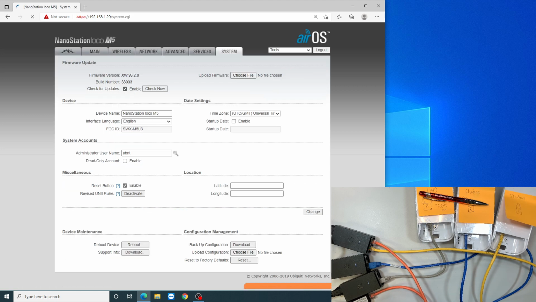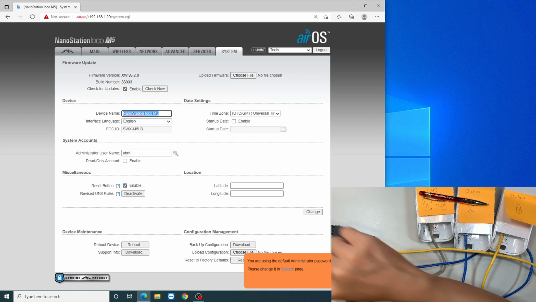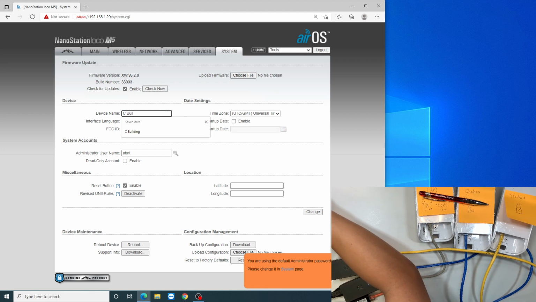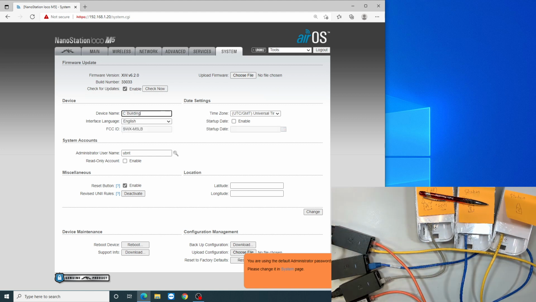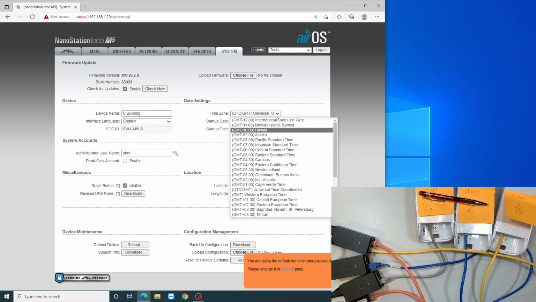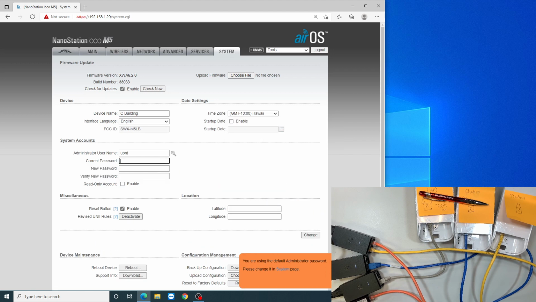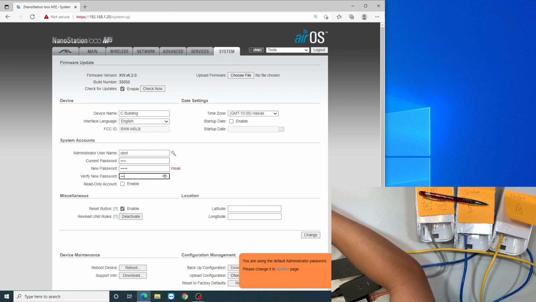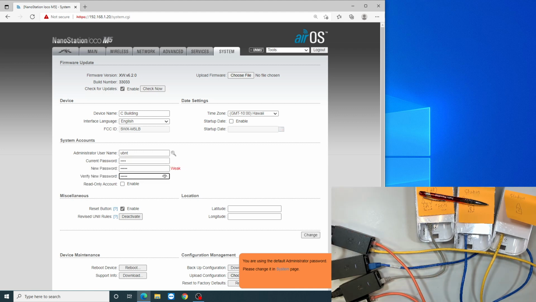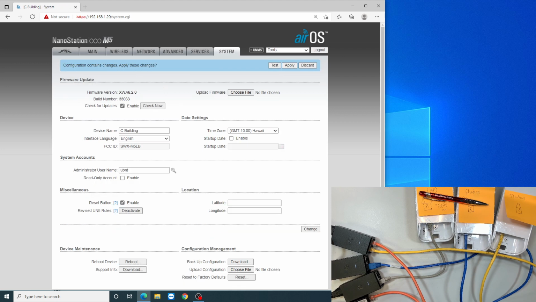Okay, system, give it a name, C building, time zone, password, click change, wireless,